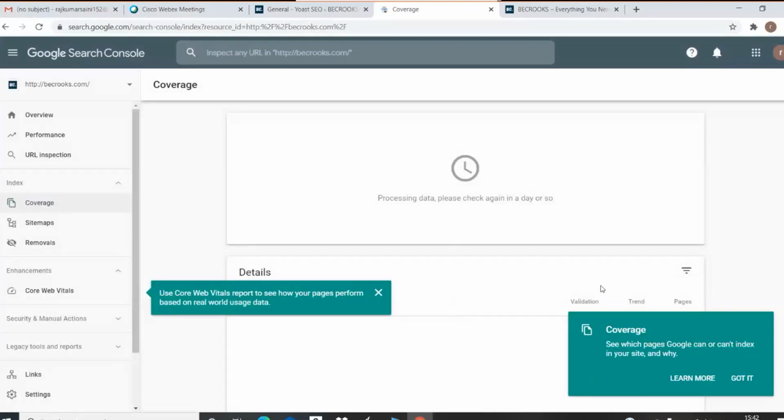So is the process of creating a linkage between the Search Console and your website clear? Any confusion about how to create a linkage between the Search Console and your website? Any confusion till now? Guys, is there any confusion till now?